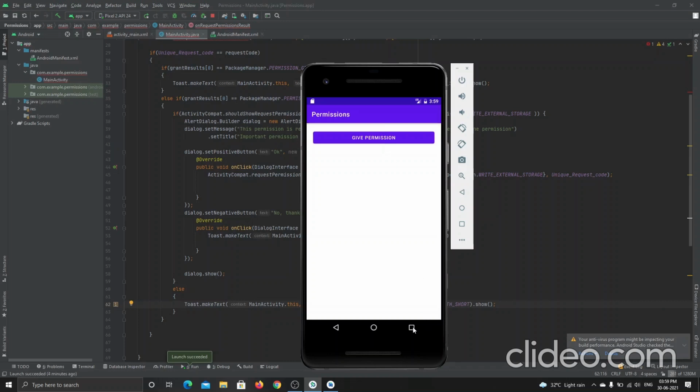Okay, let's go to the settings. It's just not responding.